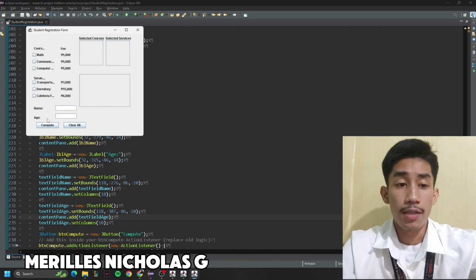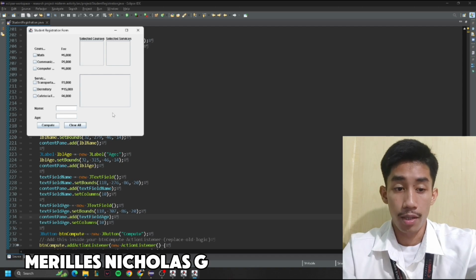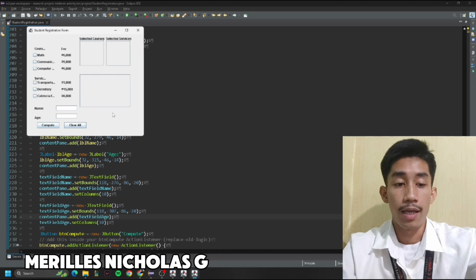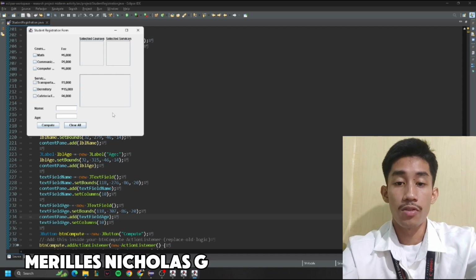The JLabel class in Java Swing is a graphical user interface (GUI) component used to display a short text string or image. It is commonly used to provide descriptive labels for other components, such as input fields, and does not accept user input. A JLabel can be aligned horizontally or vertically and can include an icon alongside the text. It improves the clarity and usability of the user interface by guiding the user on what information is required.